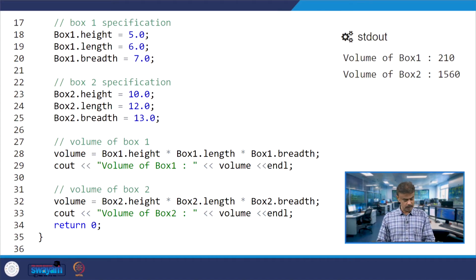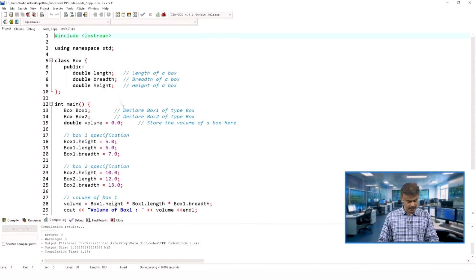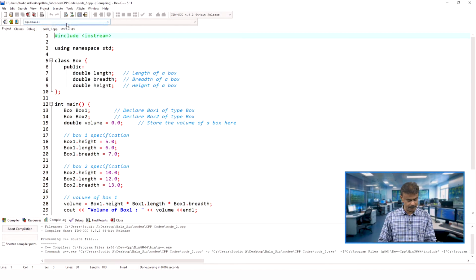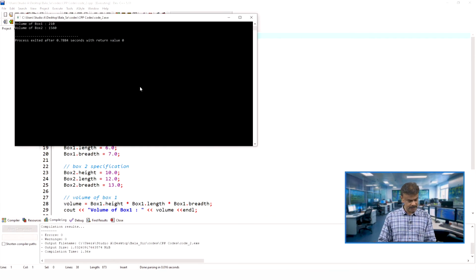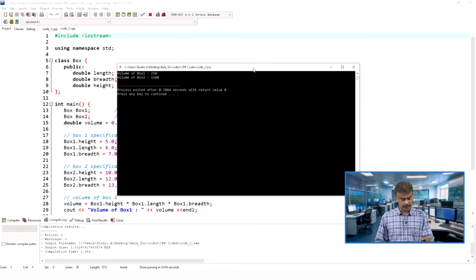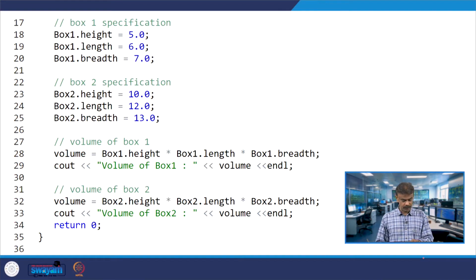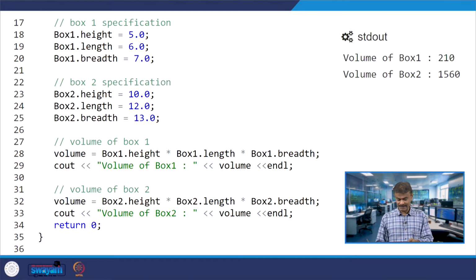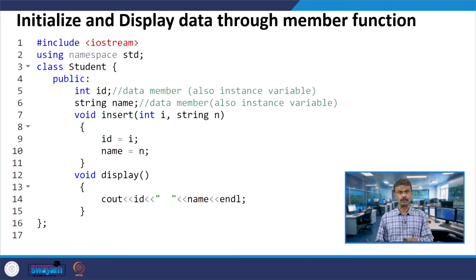This code also we will run. Here you go, the same code, and if you compile and run, you can see the output, the same output that we got. Again I will go back to the slide. Both the codes we have run and we got this as the output. In the Developer C++ compiler also, we have got the same output.